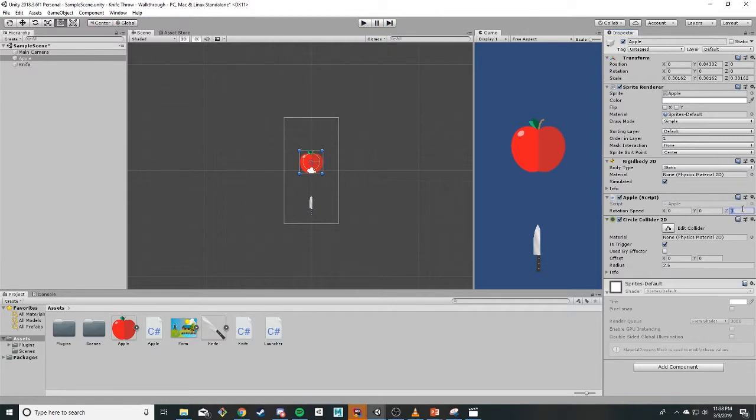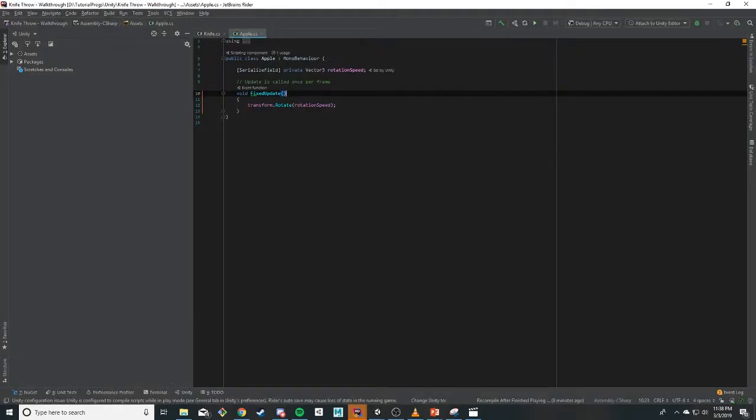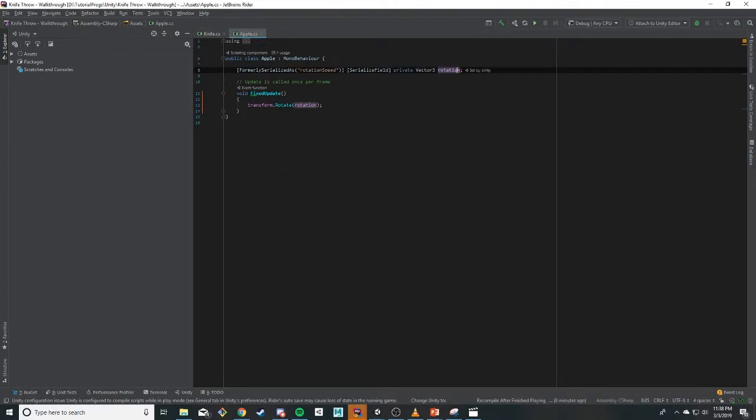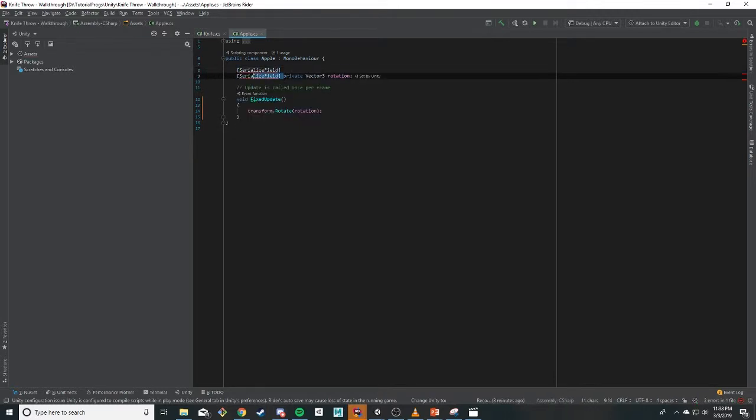3 is a little bit fast, so I'm gonna set it to 2. And one thing that I'm actually gonna do is modify this a little bit. I'm gonna refactor this vector: click on it and press Control R to refactor. I'm gonna rename it to rotation, and you can get rid of the formerly serialized, we can just reserialize it. And actually this doesn't even need to be serialized anymore. We're gonna have a serialized field,